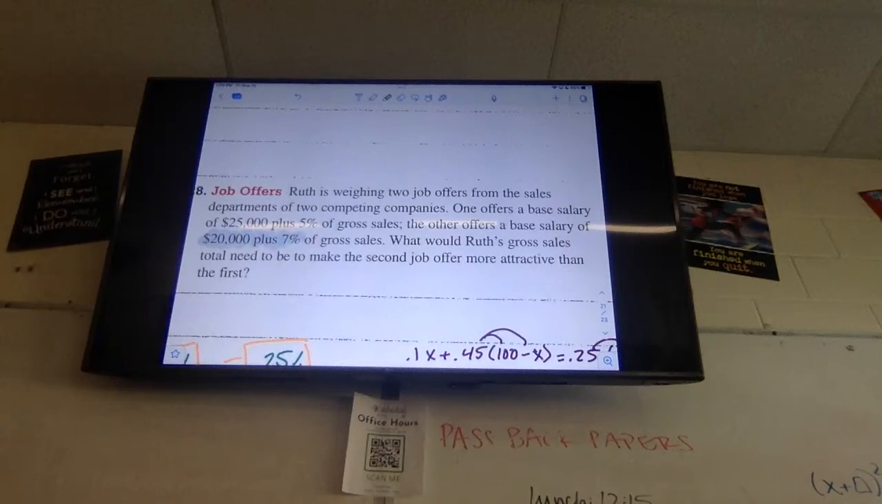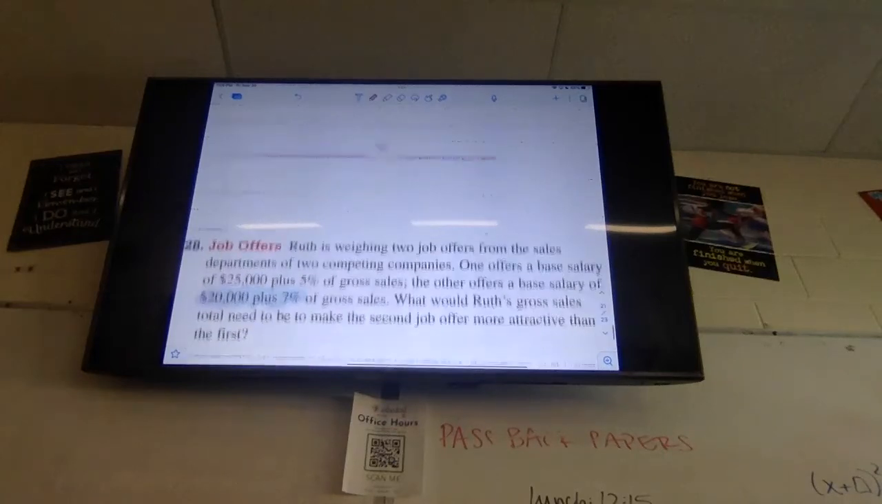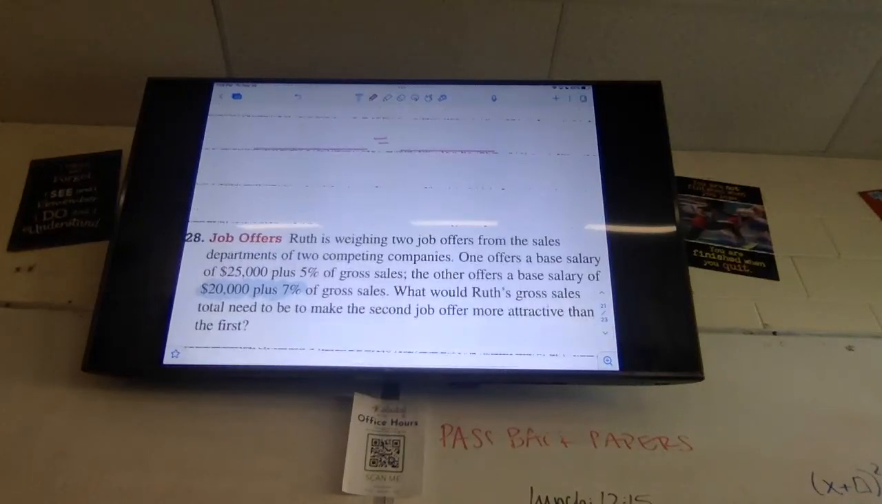Okay, so we're going to write an equation. We're going to kind of put these guys toe to toe. We're going to have company 1 on one side. We're going to say that should equal company 2. And I want to know when they equal each other, because the minute they equal each other, if she makes more sales than that, we're going to say that the second one is the better deal. Okay. Does anyone think they can write an equation to represent what the first company is going to pay her? Ava, what do you think? Would it be